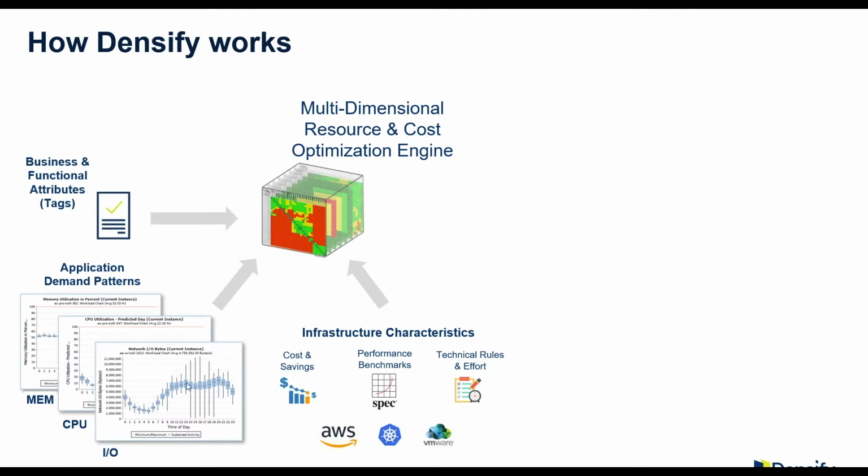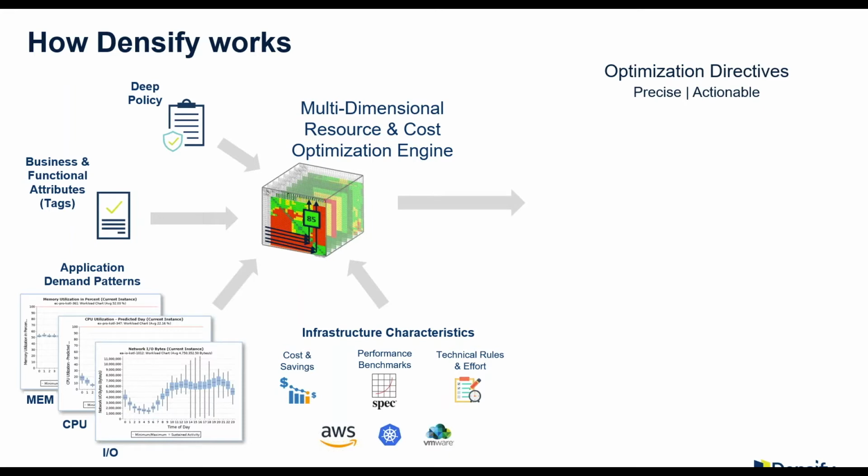We're also ingesting your tags, so the metadata. So Carlos will talk about how important this is in his next conversation with you. But this allows us to slice and dice your data, allows us to better understand the personalities of those workloads. And of course, all of this is driven by a deep policy framework. So this allows us to define policy settings for different groups of servers to drive the analytics. So your critical production systems will have a different policy to your DevOps systems. So Densify is ingesting all of this information and passing it through our optimization engine to derive optimization directives that